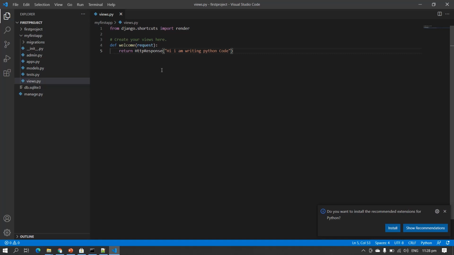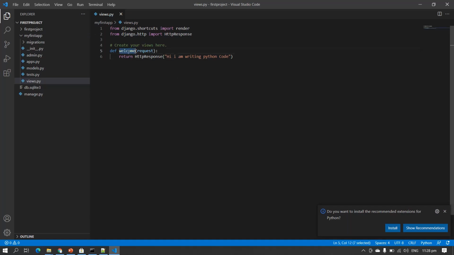Okay, I have done the method. The method name is welcome. In order to use HttpResponse, we have to import HttpResponse from Django. Now you save the file views.py.